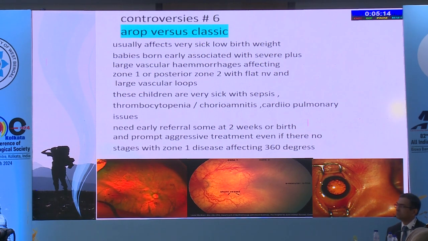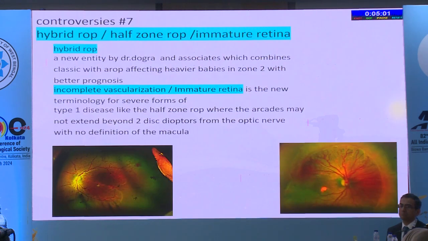And the other question was whether it was AROP versus classic, because sometimes the patient looks like an AROP, but actually has a classic disease which benefits from laser treatment. Now, several other types have been postulated. The hybrid ROP, which Dr. Mangadokra and associates have highlighted, combines the classic with an AROP, affecting heavier babies in zone 2 with